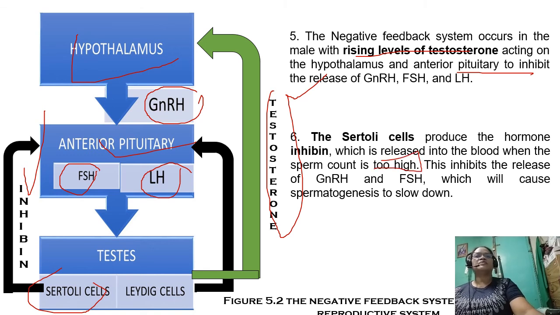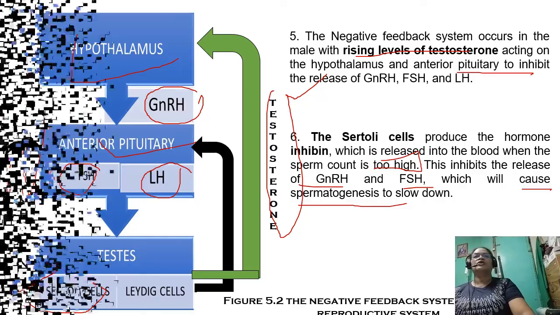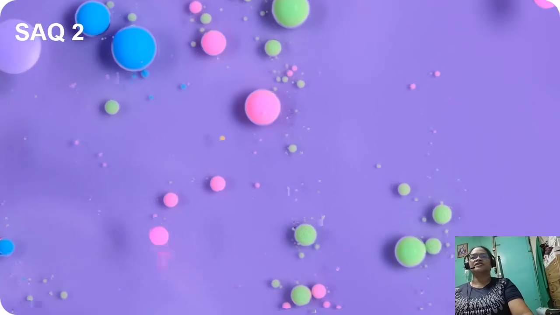This inhibits the release of GnRH, FSH, which will cause spermatogenesis to slow down. So this is the negative feedback mechanism. So that's why